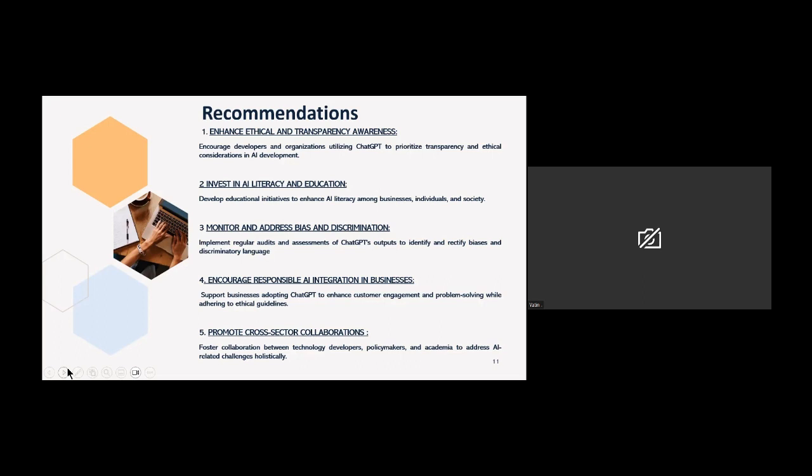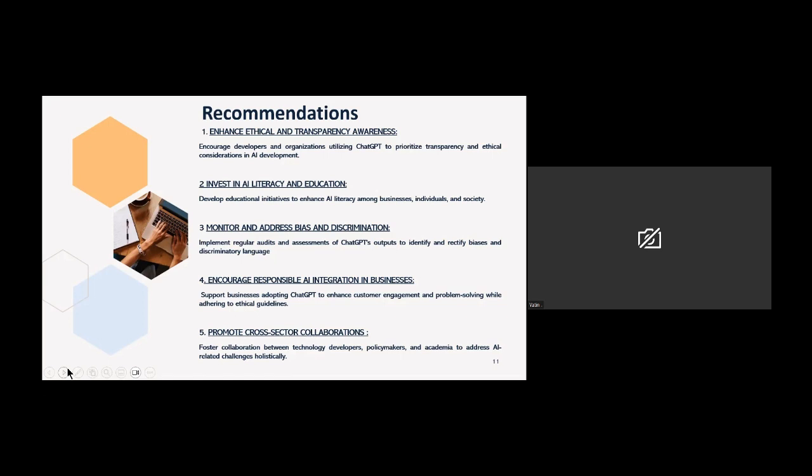We must empower all businesses, individuals, and society as a whole with a deeper understanding of what AI can actually do, its capabilities and limitations, because a lot of us are still not aware. The third pillar focuses on monitoring and addressing bias and discrimination. Regular audits and assessment of ChatGPT's outputs and other AI language models will enable us to identify and rectify biases and discriminatory language. This commitment will ensure that AI tools like ChatGPT remain a force for good and do not perpetuate